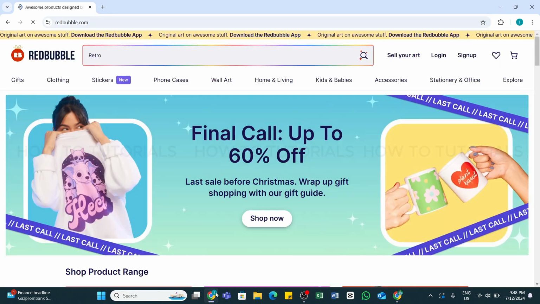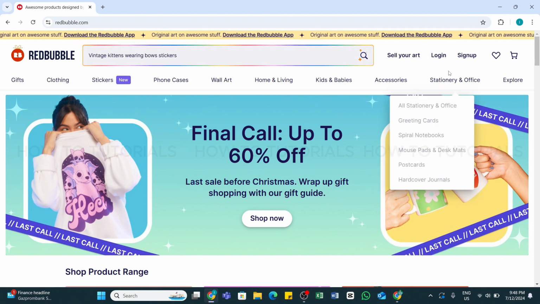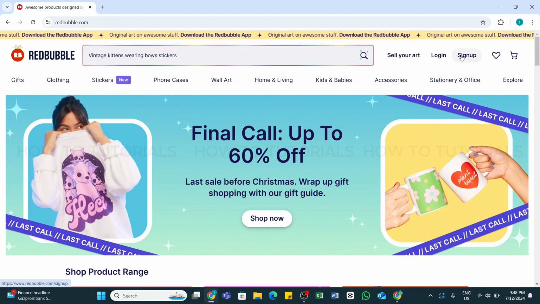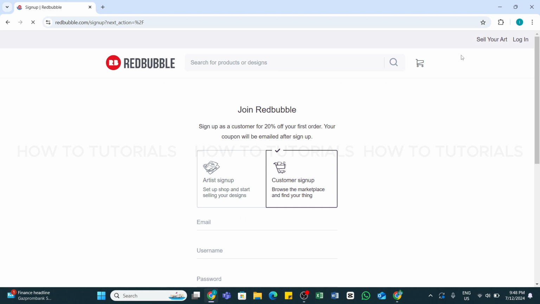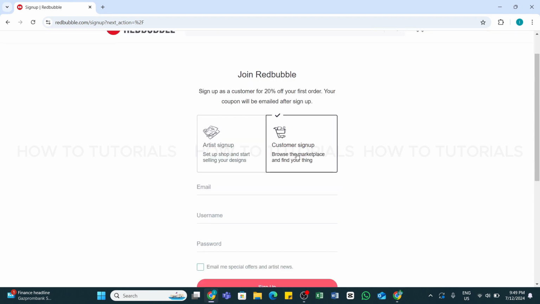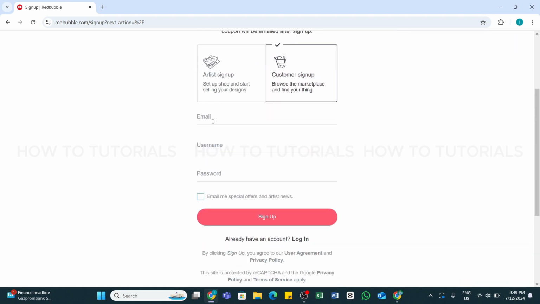Now, within a while, you will be taken to the official website of Redbubble. Once you reach this page, here at the top right, you will be able to locate the sign up option. Click on it, and after doing that, you will be redirected to this page. On this page, you will get the options for artist sign up and customer sign up. As we are going to create a customer account, click on this customer sign up and then fill in these